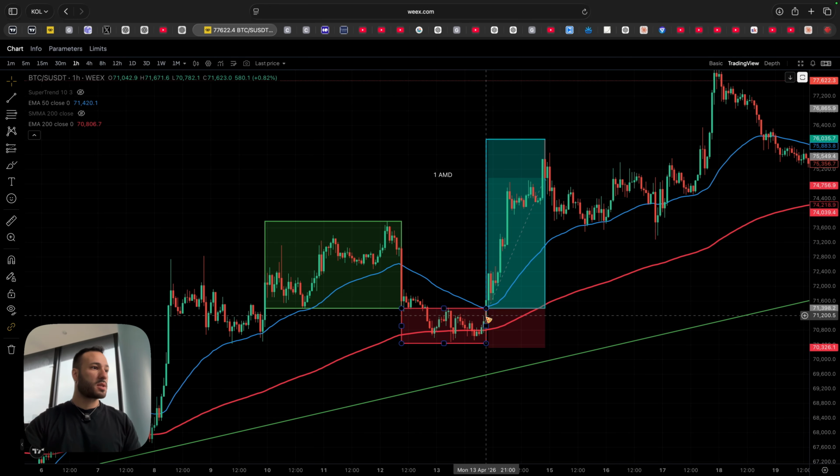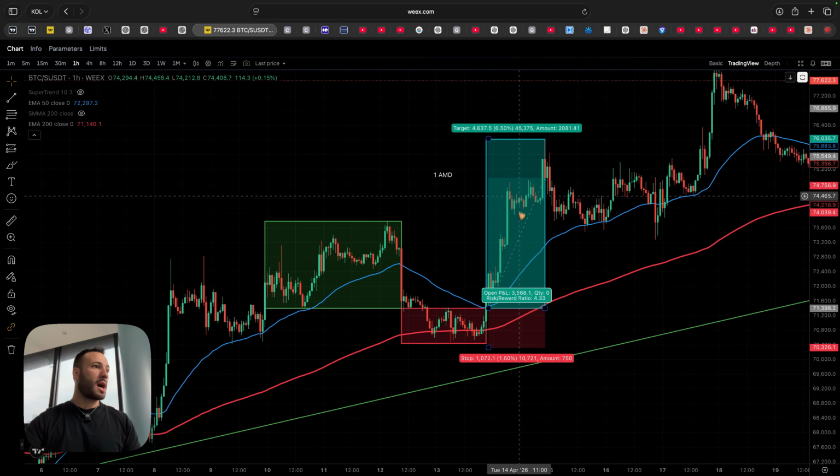The price breaks through and gets redistributed upward. This is the potential profit that you could have made with entry position at 71,000 and a stop loss of 1.5% just below the liquidity sweep, and a take profit just above here at 6.5%. Huge profit, right? So here was the entry,